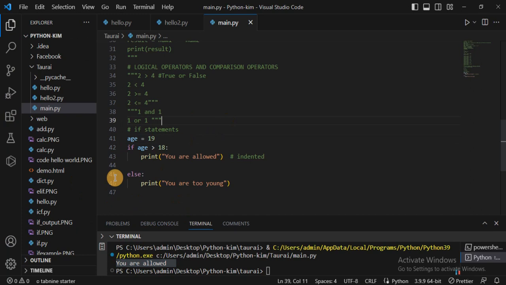So execution depends on the result of this condition. If it's true, this code runs. If it's not true, this code runs, the you are too young code. Okay, we also have